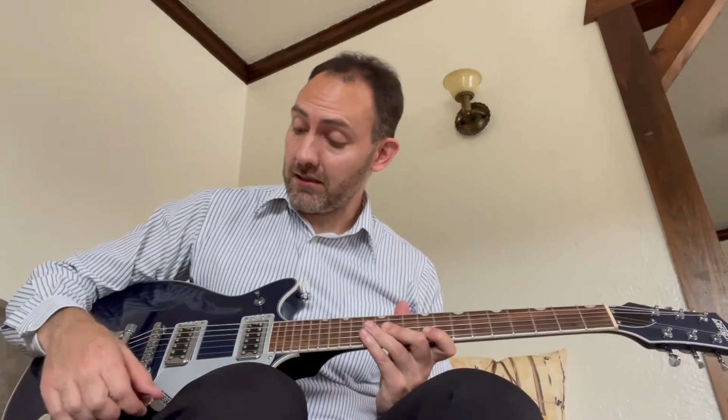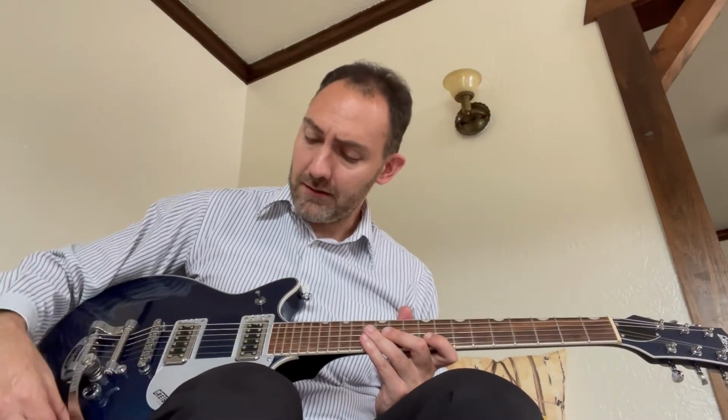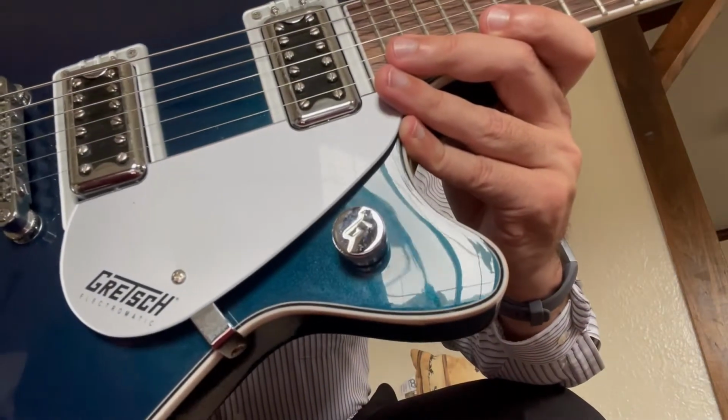Beautiful hardware, beautiful design to this guitar, classic design. The hardware is metal. I mean, substantial switch, substantial knobs with the traditional, you might be able to see it there, G design. Again, this one was used when I got it, so